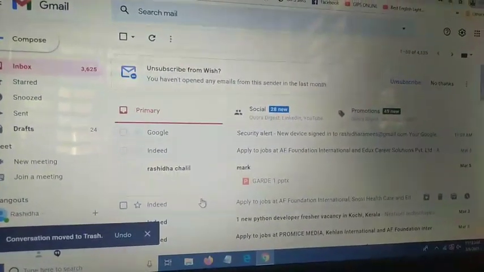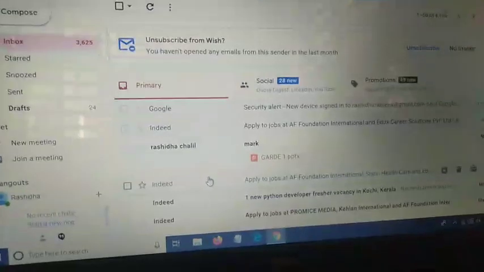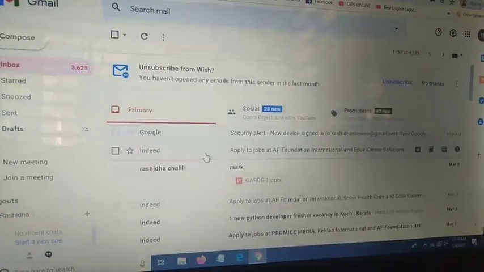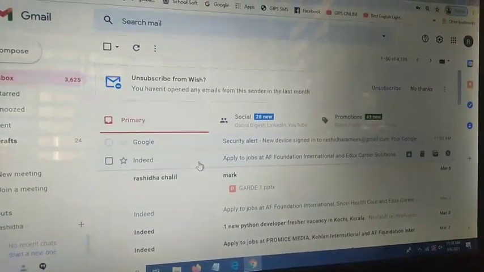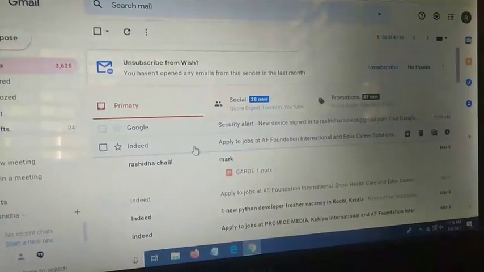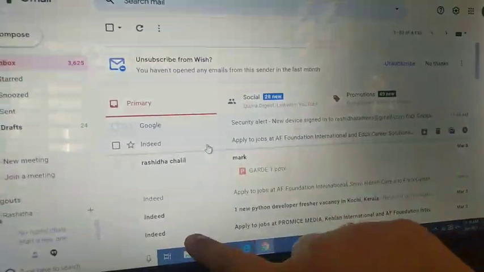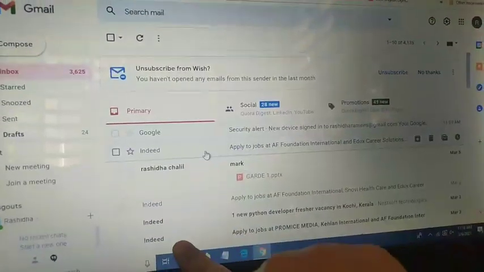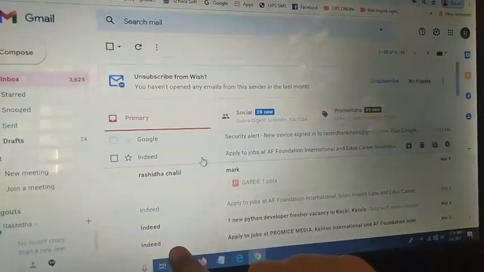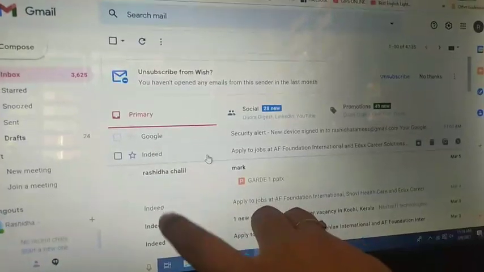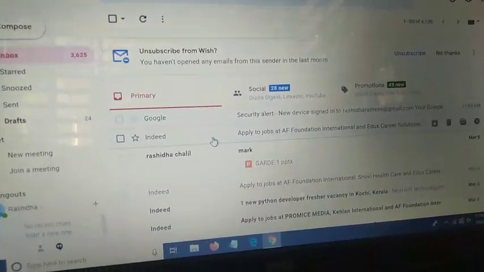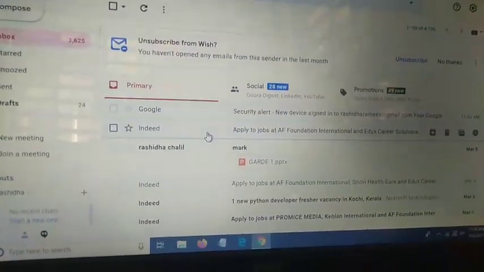Suppose this is my important message, and there are the same senders. This one Indeed, this one is one. There are 4 same senders.